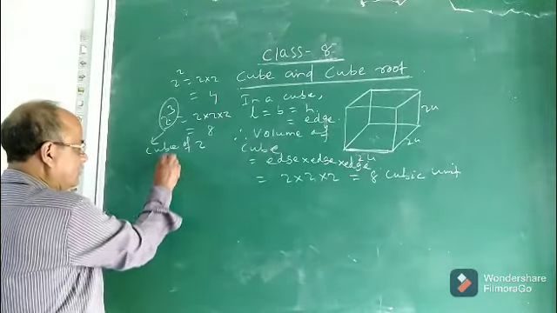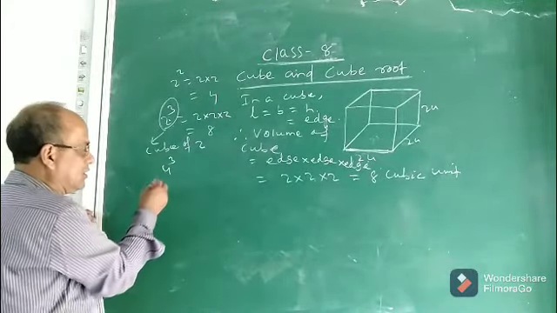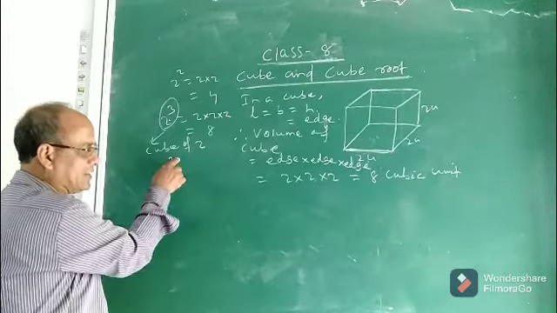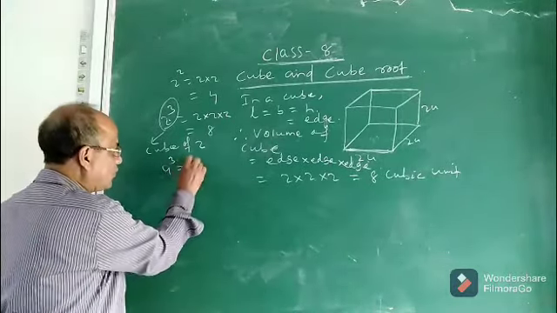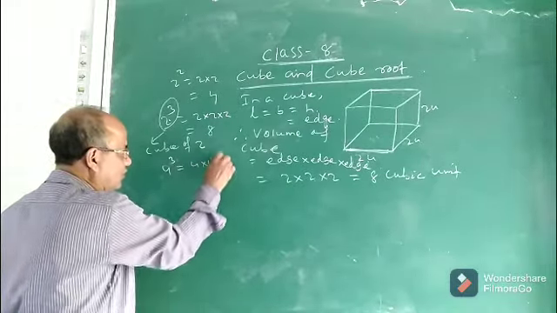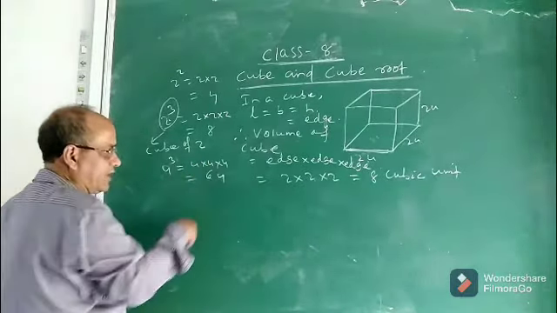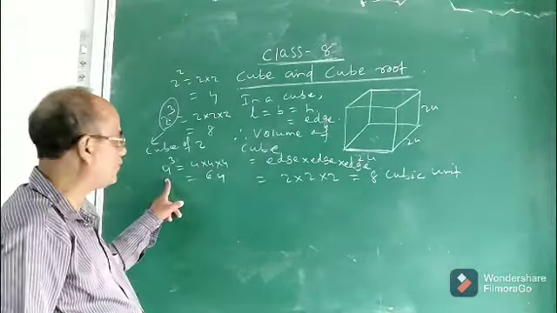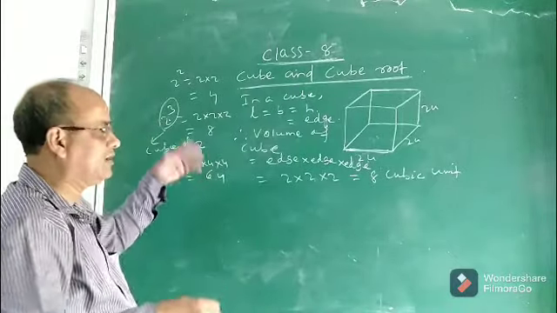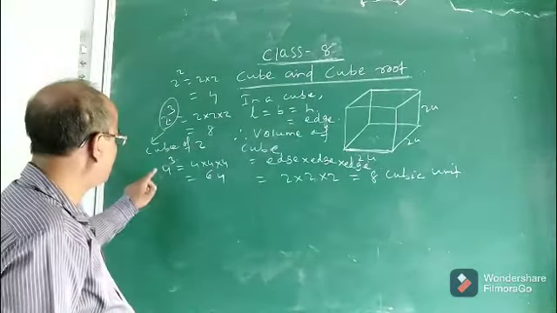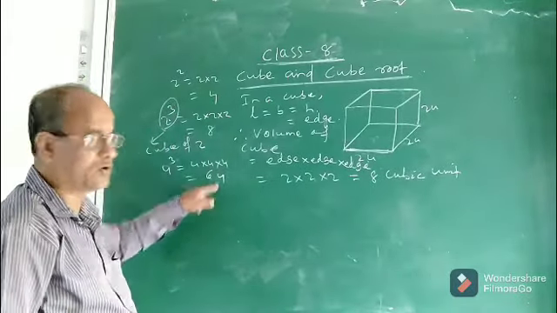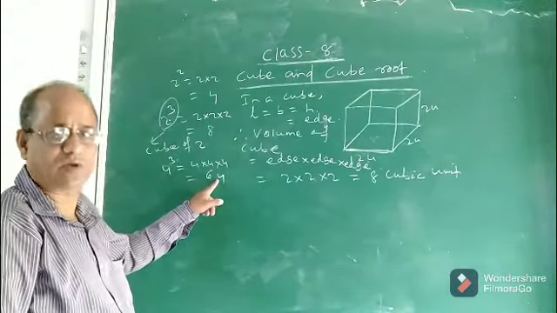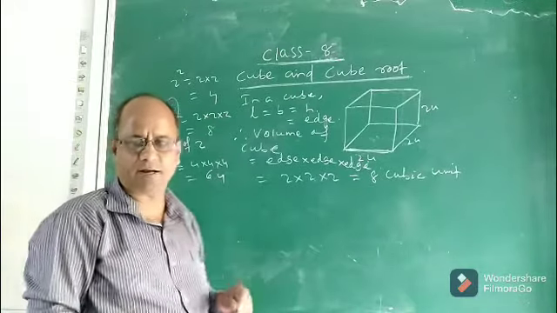Suppose I ask you what is the cube of 4? It is 4 to the power 3. That means you will multiply the base 3 times. So it is 4 into 4 into 4. It is 64. So 64 is the cube of 4. 8 is the cube of 2. Now these, 2, 4, and 8, 64, are all positive integers. We can also find the cube of negative integers.